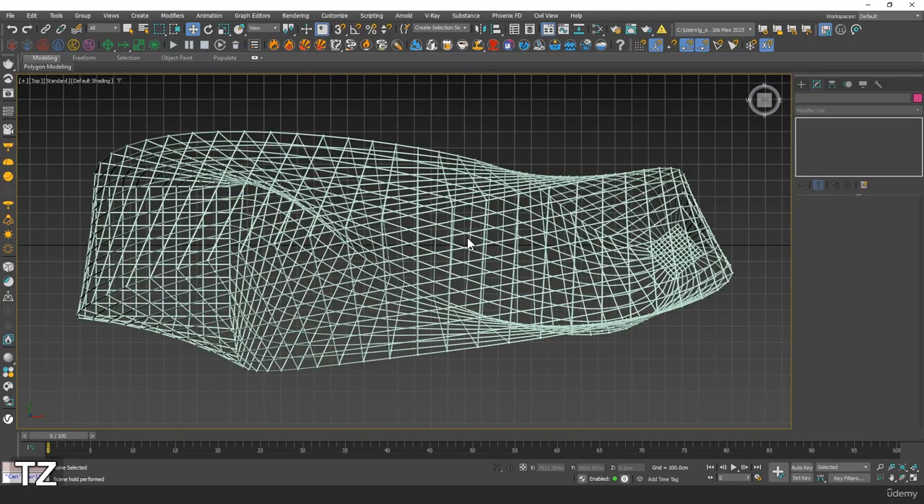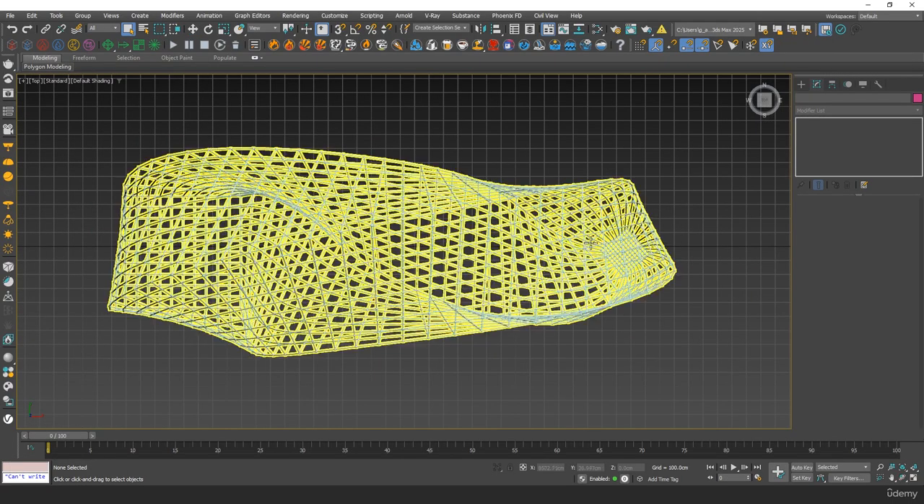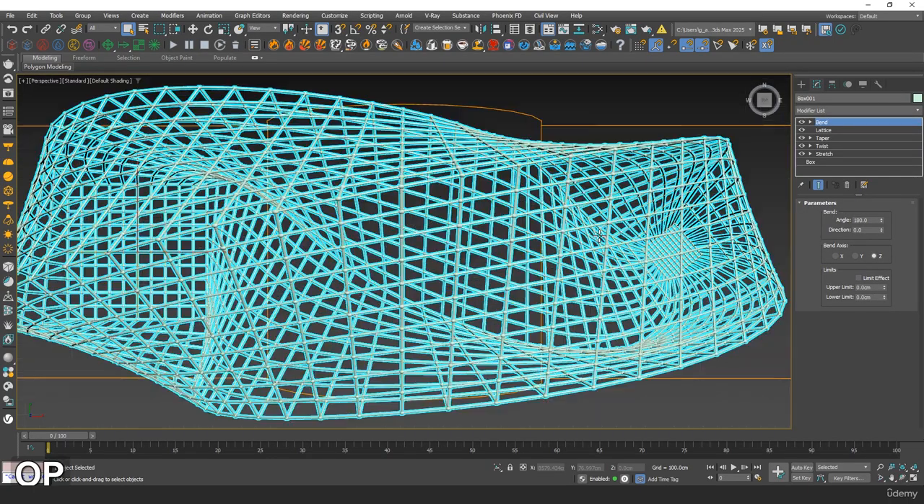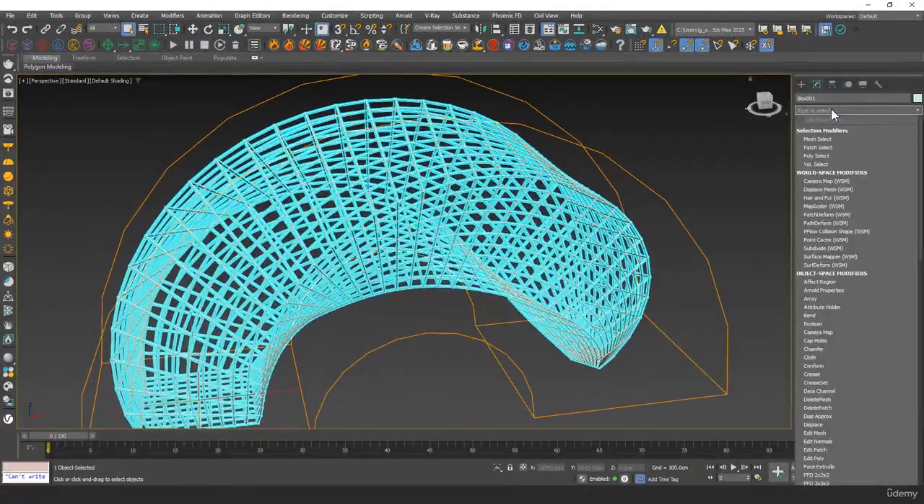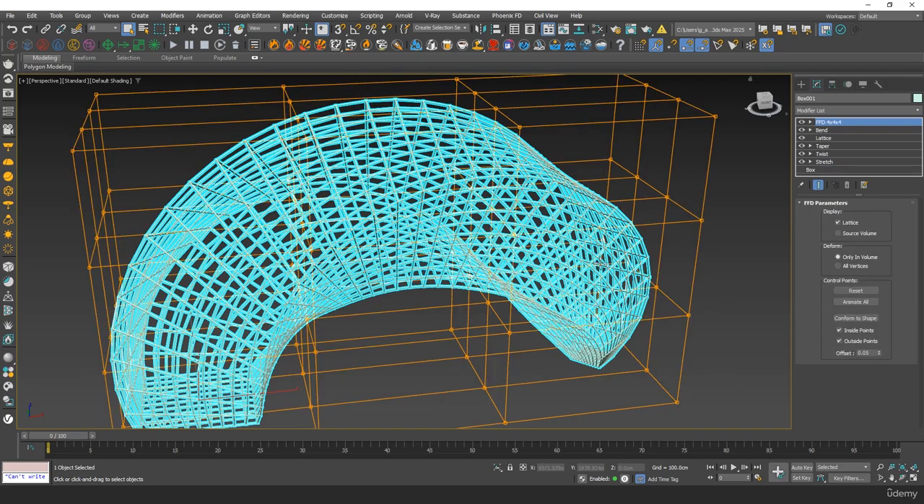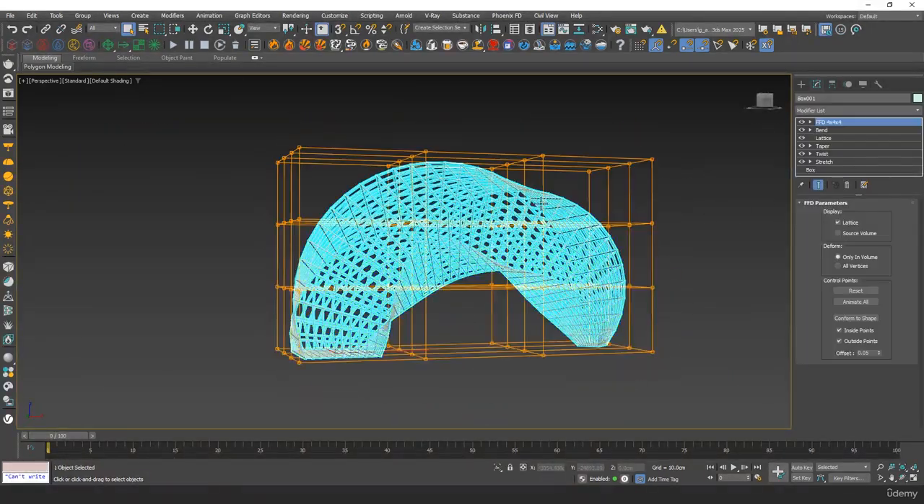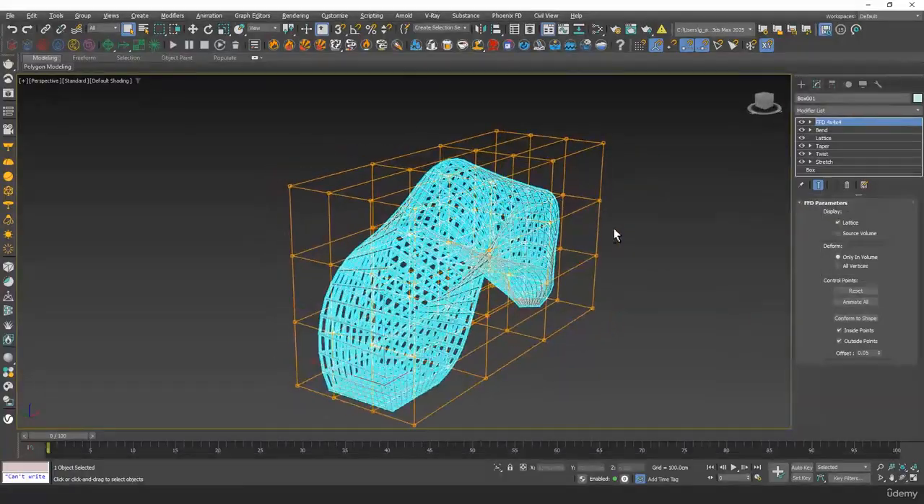Now, for the final tweaking stage, let's explore one more important modifier, the FFD modifier. It comes in different configurations like FFD 2x2, 3x3, 4x4, etc. And it's a powerful tool for bending and stretching your model more freely. The FFD modifier adds a control lattice around your object, allowing you to move the lattice points to deform the